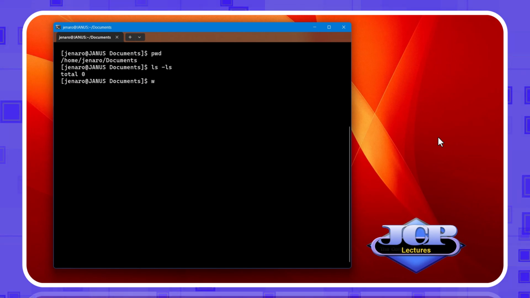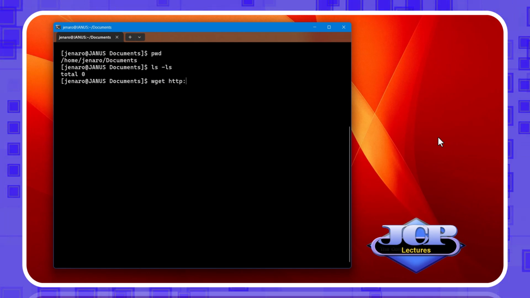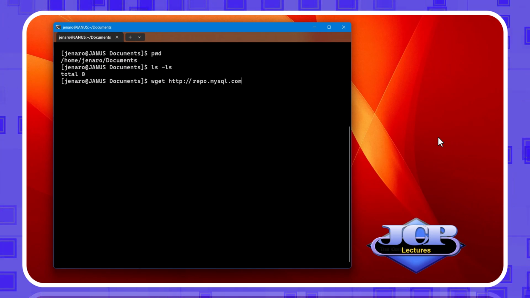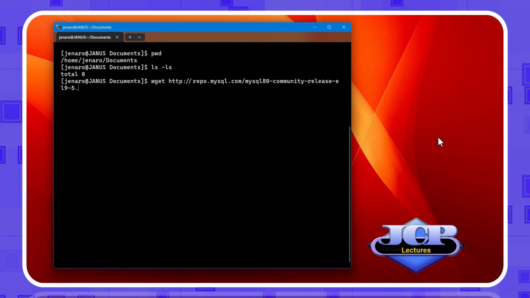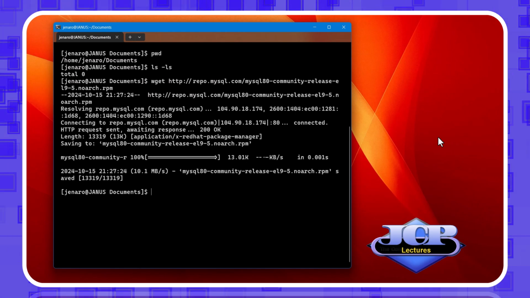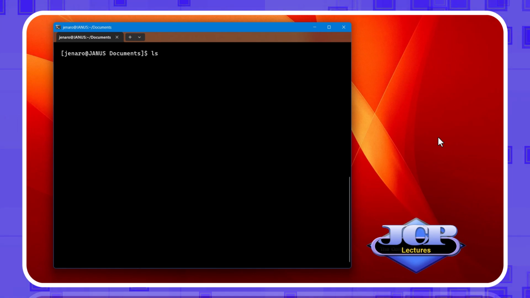I am going to download it with the command wget http://repo.mysql.com/mysql80-community-release-el9-5.noarch.rpm. Now we have the file. We can see it with ls -la.